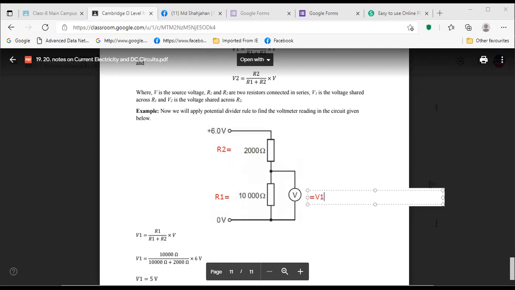Across R1 you are getting V1, and if there is another voltmeter here we connect, if you are connecting another voltmeter like this, V,